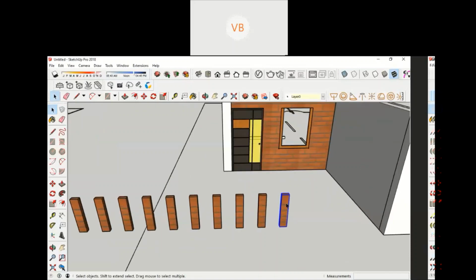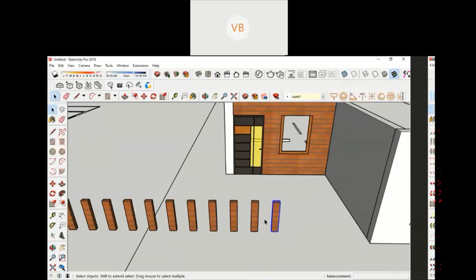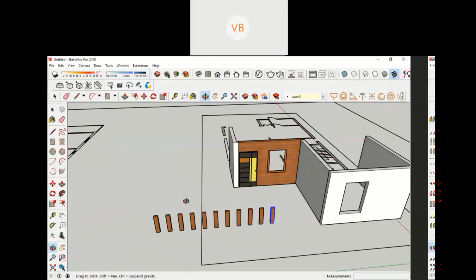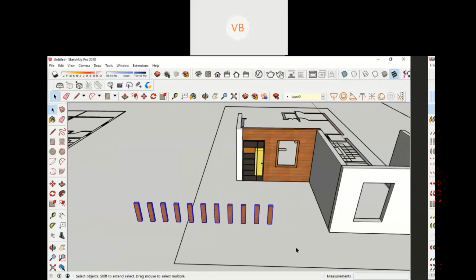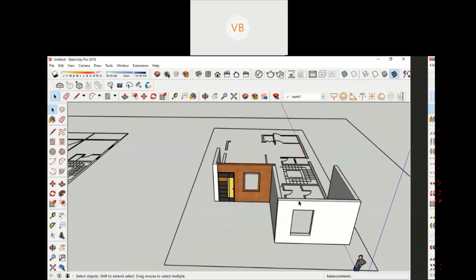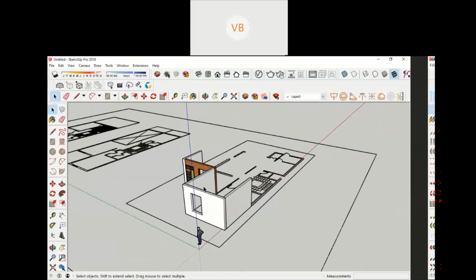So let's say the height of the building is 10 feet, and all of a sudden the client says, I don't want 10 feet, or being an architect you have decided 10 feet is not enough, and you want to increase the height to 11 feet. You don't have to sit and individually increase the size of those columns. You can just change the size of one column, and the heights of all the columns will increase. Like I said in the last class, I've shown it practically, and I've explained almost similar things last class too. I'm showing you the same things.